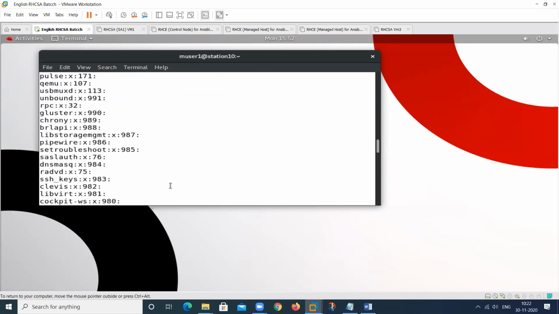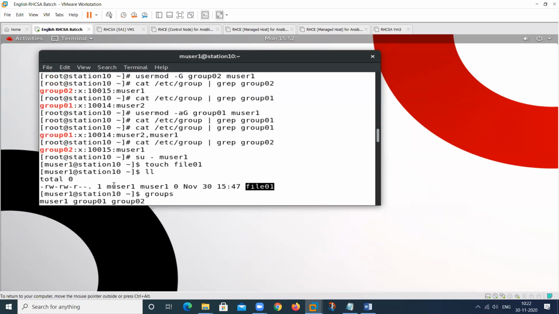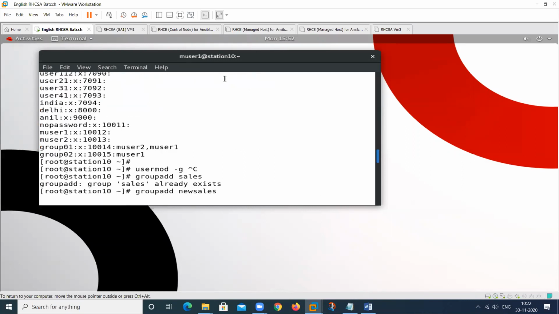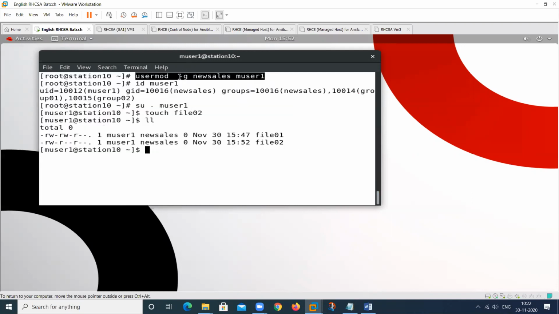See, this is my file01. What is the user owner? This one. What is the group owner? This one. But now I'm not changing this particular one, I'm using this particular command. So this primary group will be automatically applied. At this time we have the primary group, this one. So this is the concept to apply the primary group ownership. So this is the user owner and this is my group owner.